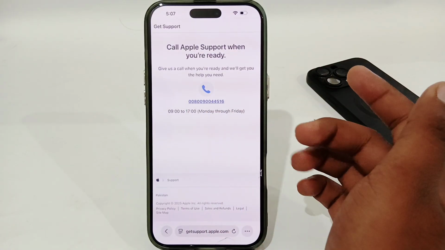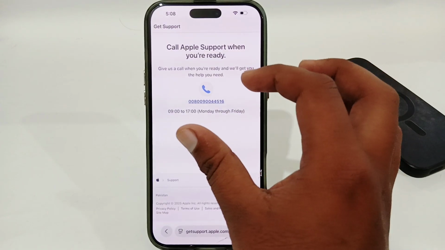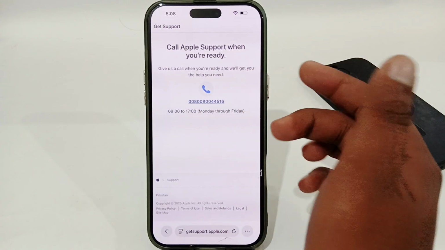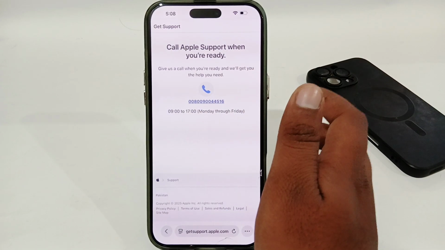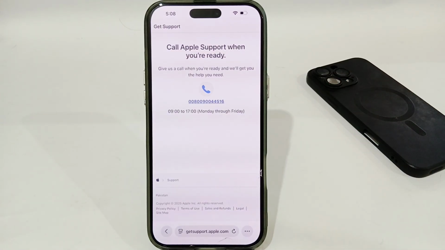Now whenever you want to call, you can easily make a call, and once you have made a call, you just have to describe the issue which you are having, and you will get official help from the Apple support team. So in this way, you can easily fix it if your payment method has been declined on your iPhone or